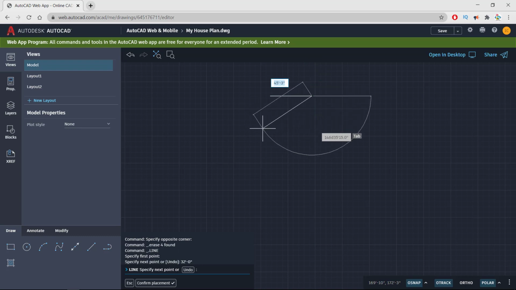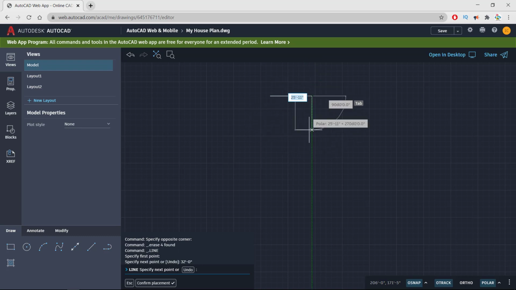Now this line is drawn, and further I'm moving towards the bottom and asking the system to draw a line of 52 feet. This time I'm not putting 0 because that is a fixed figure, so it's not compulsory to enter 0.